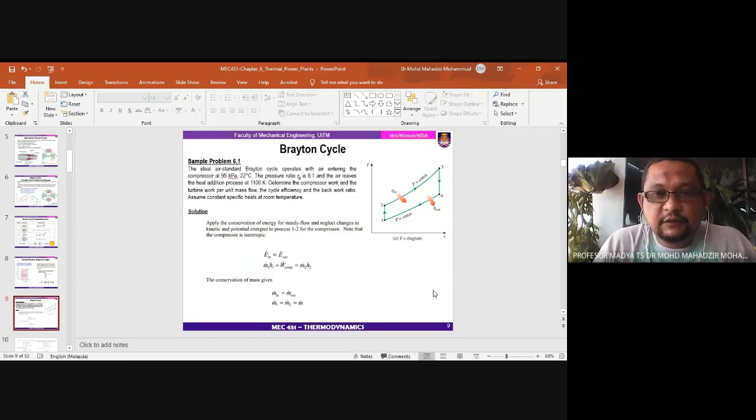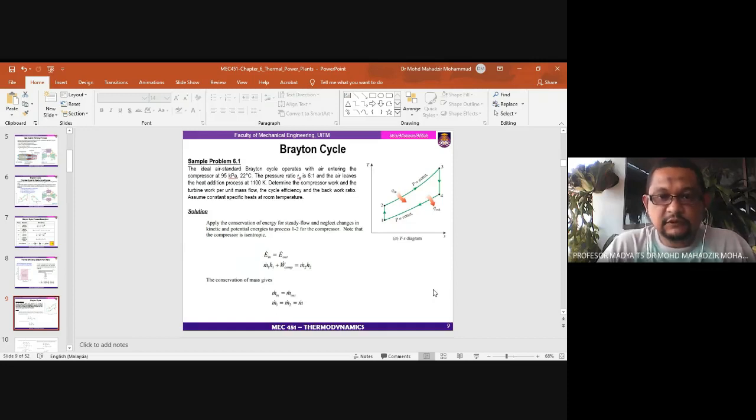Okay, let's look for the example. In this example, it says the ideal air Brayton cycle. The ideal air standard Brayton cycle operates with air entering the compressor at 25 kilopascal, 22 Celsius. The pressure ratio, that means Rp, is 6.6 over 1, and the air leaves the heat addition process at 100